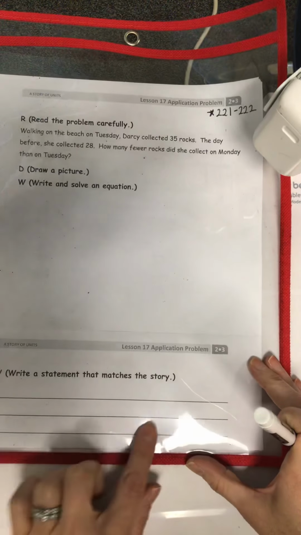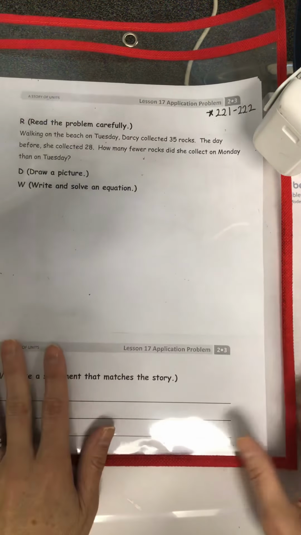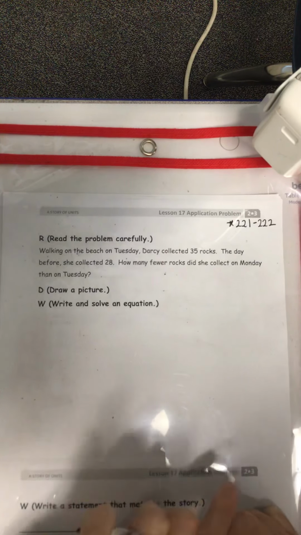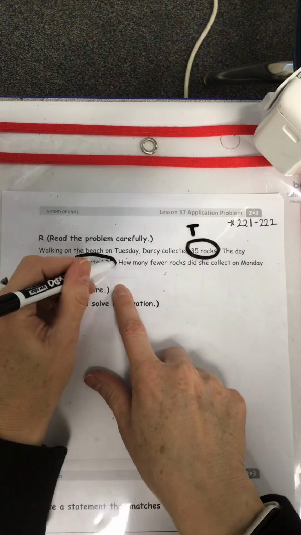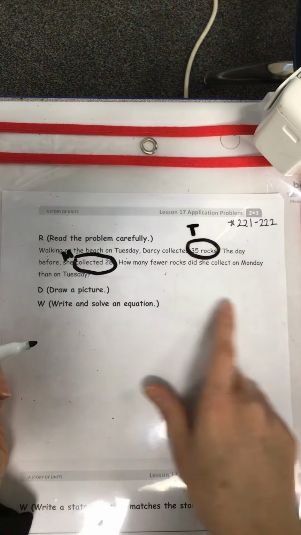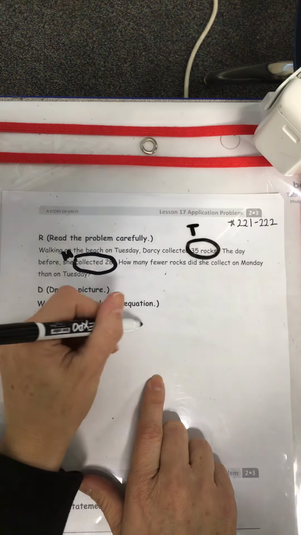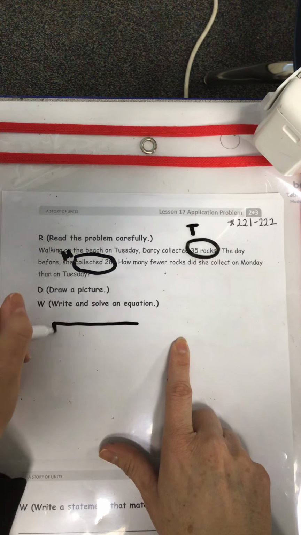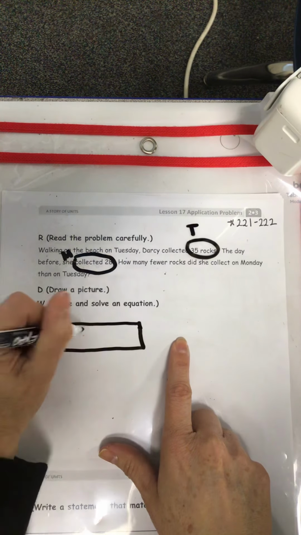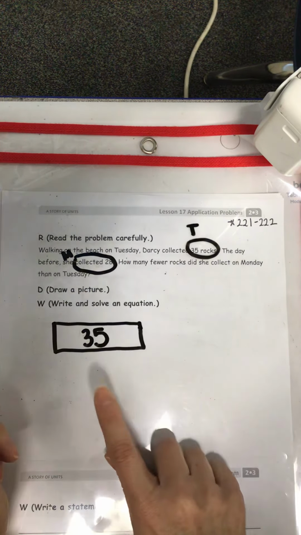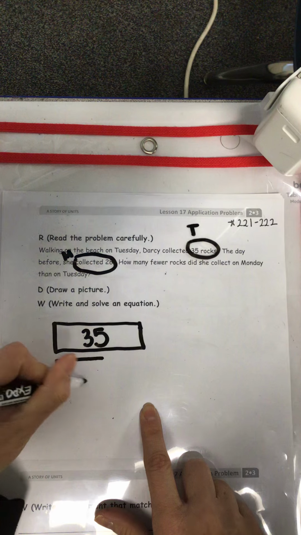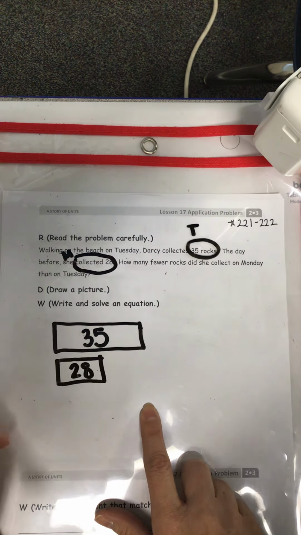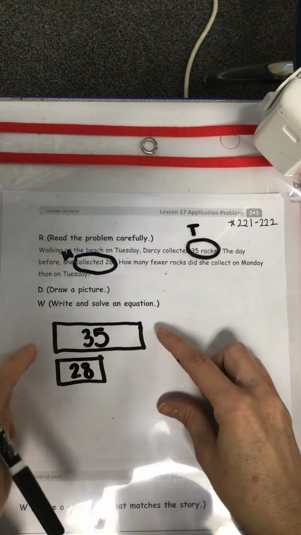So this is a little snippet of page 222 where the kids would have to turn their page over. Here we're looking at Darcy is walking on the beach and she collected 35 rocks on Tuesday. And then the day before she collected 28 rocks, so on Monday. So what I had the kids do was we talked about which number was greater, and they told me 35 was greater. And so what we practiced was drawing the greater number on top and the number that was less down below it, so that we can see in comparison, if we're comparing the size of a number, that 35 in fact looks